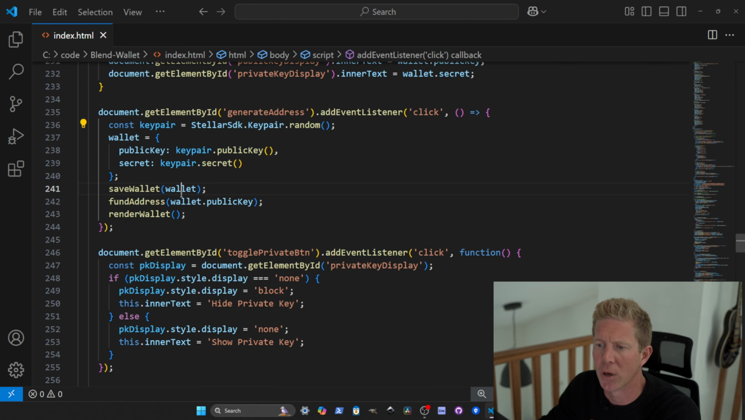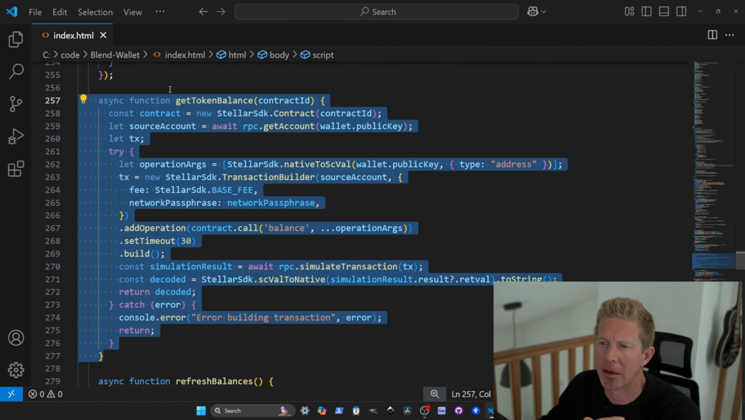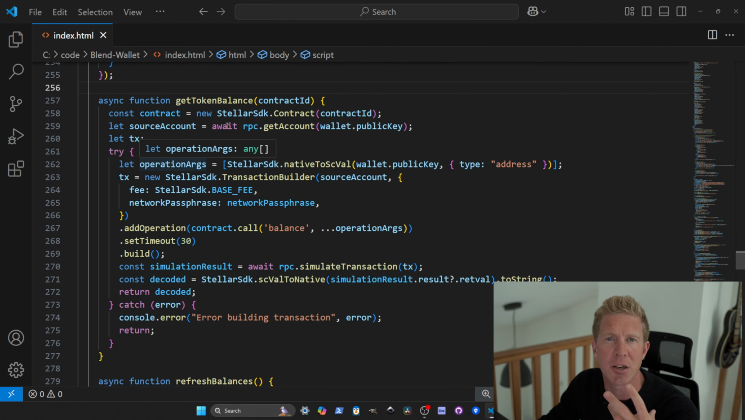And then we're saving that wallet and we're funding the wallet before re-rendering the page. We've then got a fairly generic function here which simulates a transaction to get a token balance. There's a few ways of doing this, but this is actually a Soroban native way of doing it. So we're going to be calling the balance function within a smart contract to get a token balance for an